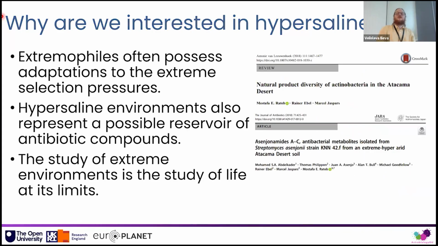Building on the fact that these extremophiles have unique adaptations that we don't always see elsewhere on the tree of life, they therefore possess biosynthetic gene clusters and may potentially produce metabolites with relevance to societal applications, including as novel antimicrobial compounds. So shown here are a couple of examples of papers where members of the actinobacteria have been isolated from the Atacama Desert, and in our own research on a hypersaline brine spring in the north of the UK, we've also been able to identify similar natural products, but in gram-negative bacteria, so in a completely different bacterial phylum.